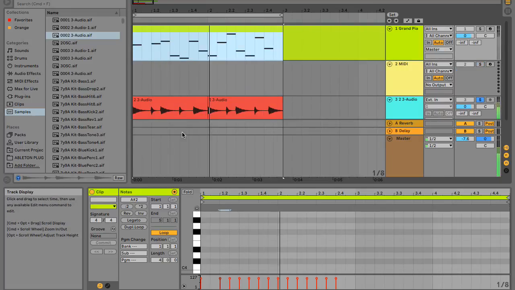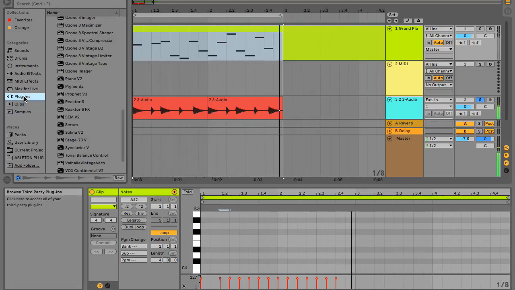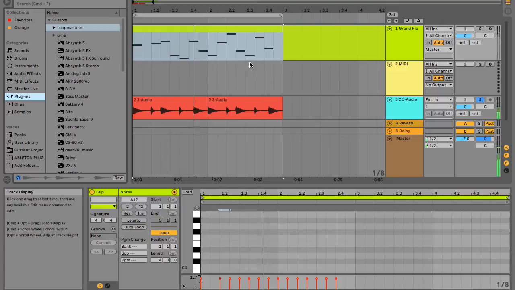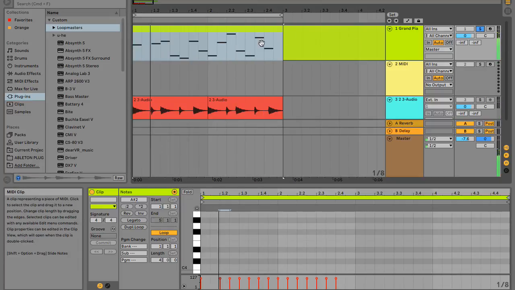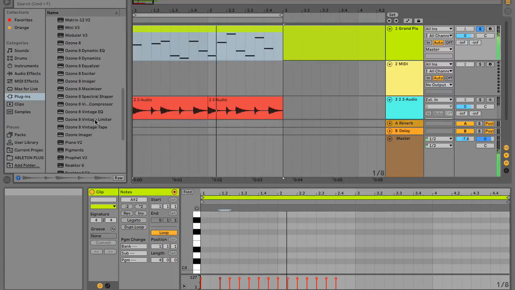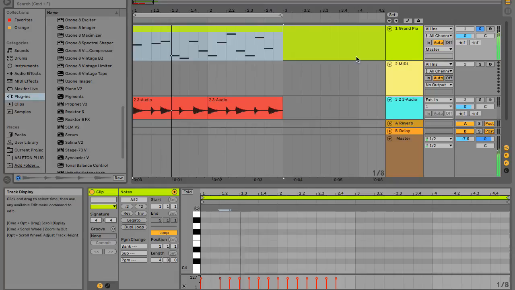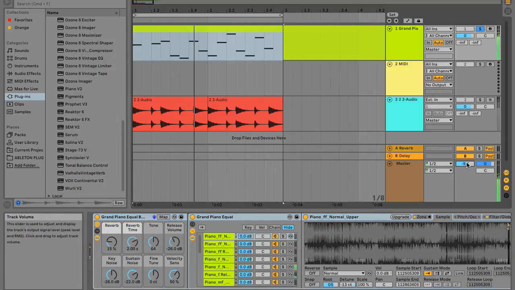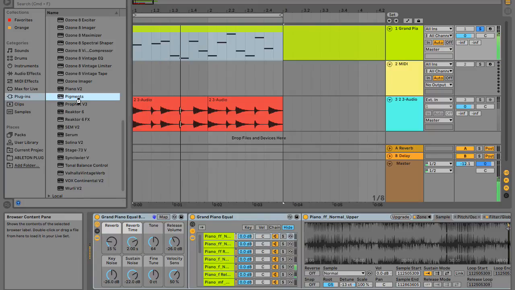Okay, so what else do we talk about here? Okay, listen, I'll talk about the plugins, these plugins that I got. So for example, I'll give you one example, the plugin that I like to use. This one here. Okay, I'm gonna select this grand piano. I'm gonna change this from grand piano, and I'm going to use this Pigments, whatever it's called, I can't remember the developer, but